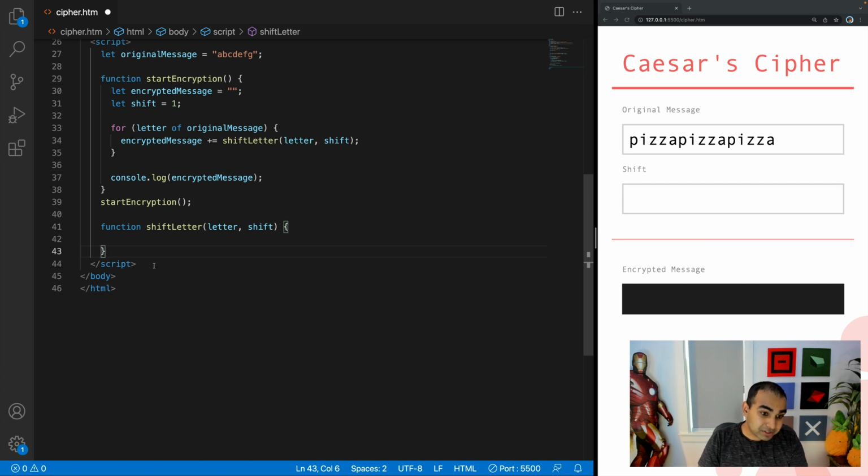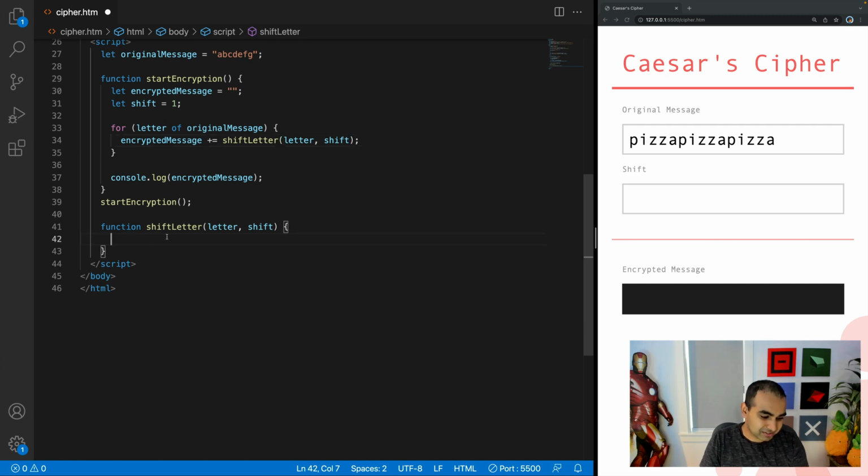characters. Now, we saw earlier that each character in JavaScript, and in many programming languages actually, happens to have a numeric representation associated with it. And so what we're really going to be doing here is getting the numerical representation for the letter we're currently in, shifting it by a certain position, and returning the shifted position of the letter back to encrypted message, so that way shift letter returns the correct character to display, the correct letter to display, as opposed to what the